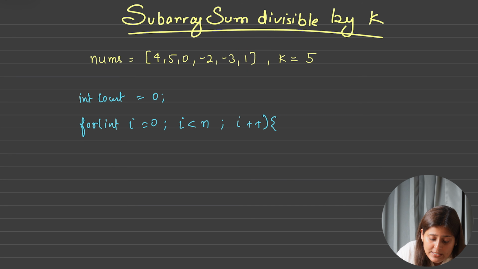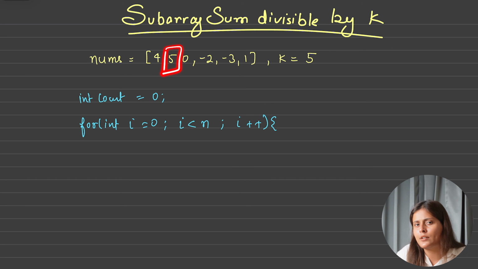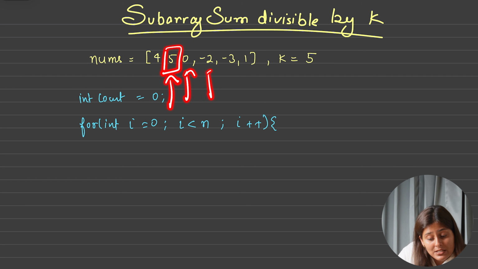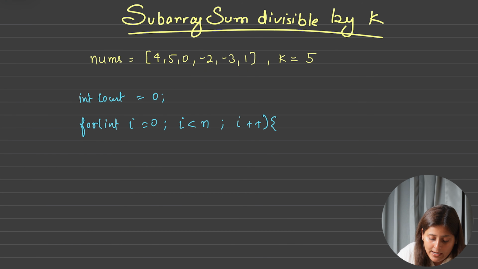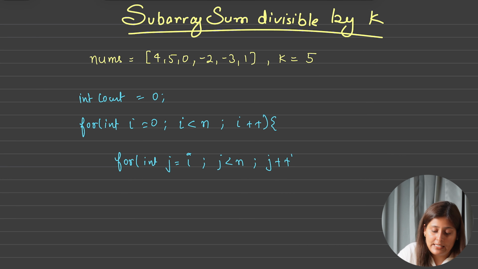So when I will be sitting here, I want another pointer now, which will start from this index, and all these elements will be considered. Yes or no? Yes, I want. So can I say I will run another for loop from int j, which will start from i index only, and it will go till j less than n, and then j plus plus. Yes. So if my i is standing here, my j will run from here, then go here, here.